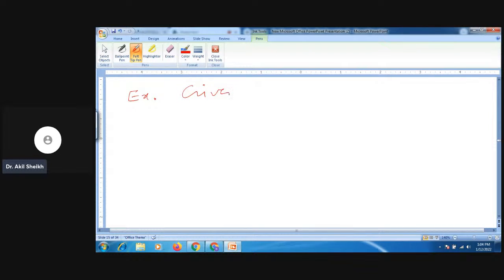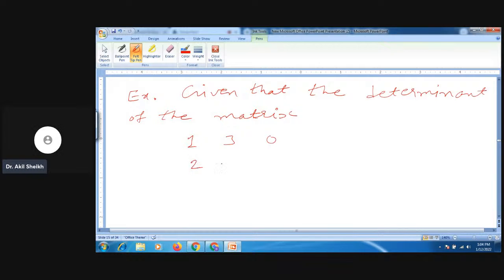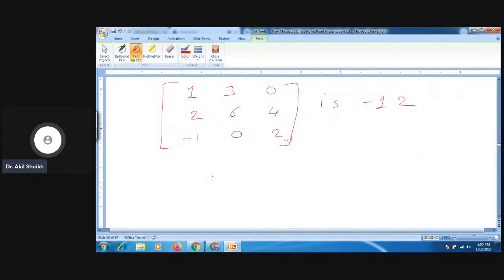Given that the determinant of the matrix 1 3 0, 2 6 4, minus 1 0 2 is minus 12, then